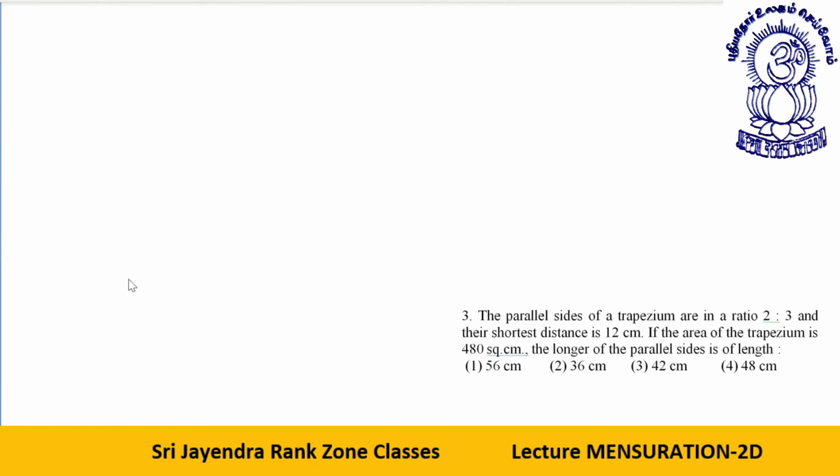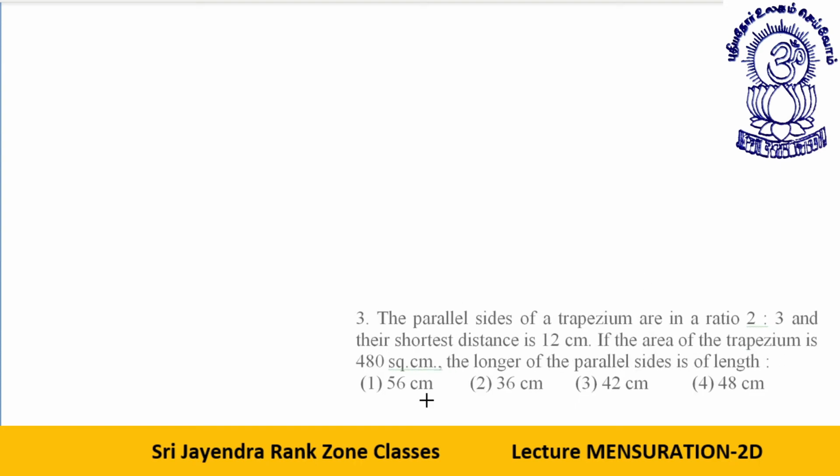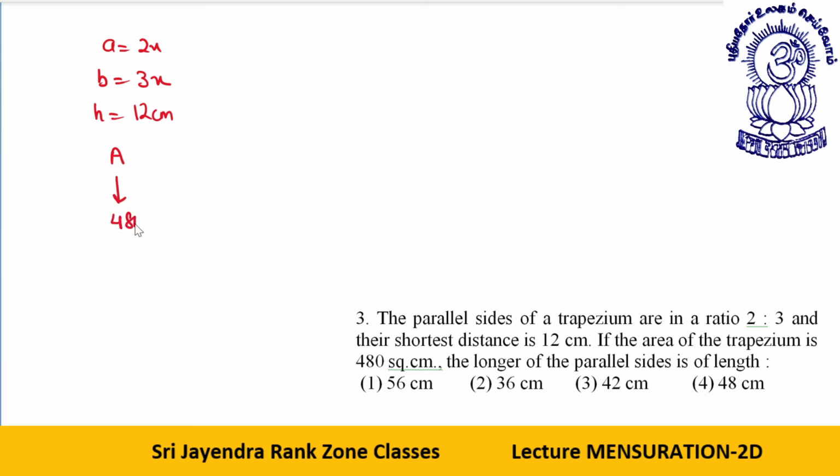Next one. The parallel sides of a trapezium are in a ratio 2 is to 3. Let's say A is equal to 2x, B is equal to 3x. And their shortest distance, called H, is equal to 12 centimeter. If the area of a trapezium is 480, the longer of the parallel sides is of length...